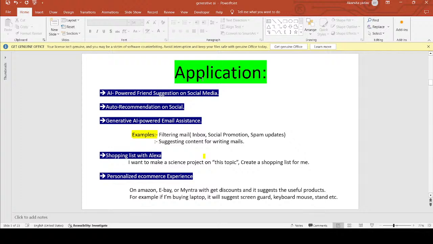Another example would be generative AI powered email assistance. Email is the most useful thing these days. If you wanted to send an email to your boss or to colleagues, or you wanted to share some files to your friends, you are using emails for that purpose. So the example would be like there is something called filtering mails, right? These days you might have seen that in your